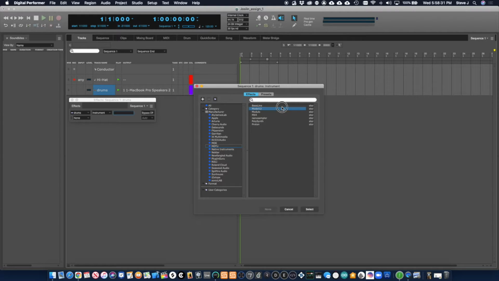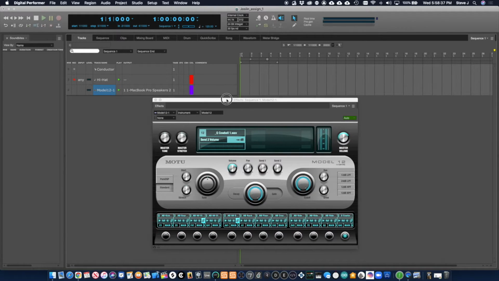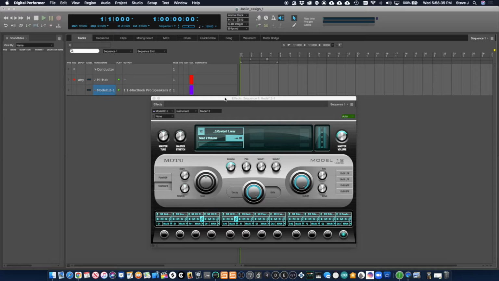So I'm going to select Model 12, click Select, and what opens up here is the instrument. Now, in this case, this is a sampler. It's a drum sampler. It can actually be an anything sampler, but it's sort of meant to be a drum sampler. Each one of these little cells contains a different sample or a different sound. So, for instance, if you want to audition them,